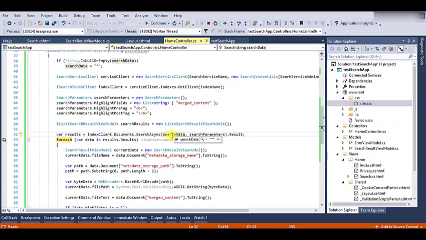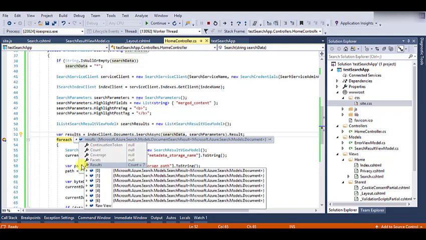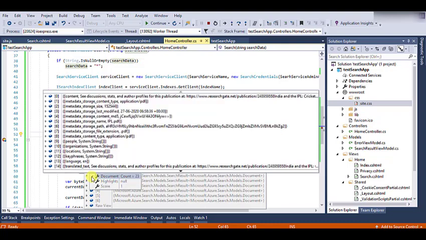In the search data parameter, we have passed the asterisk sign, which means that all the documents present in the Azure blob will be returned. And in the result field, we see that all the 7 documents are returned. And now let's see what parameters we get. When we debug through it, we can see that we have got the metadata storage name, which is basically the file name. Next, we can see we have the metadata storage path property, which basically is the encrypted form.